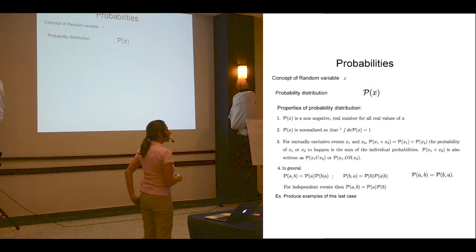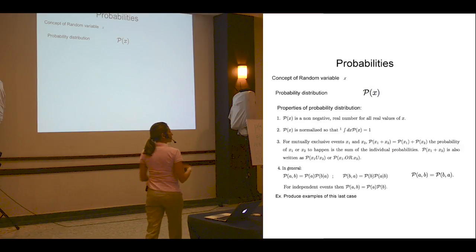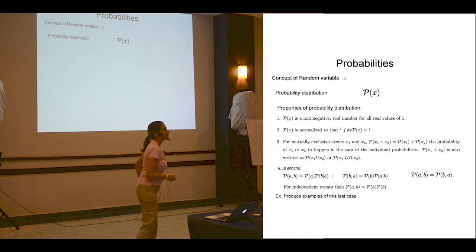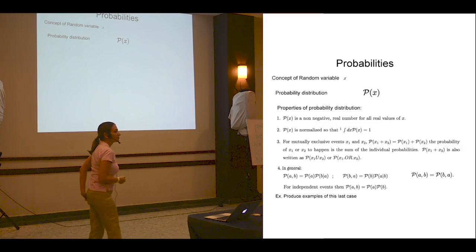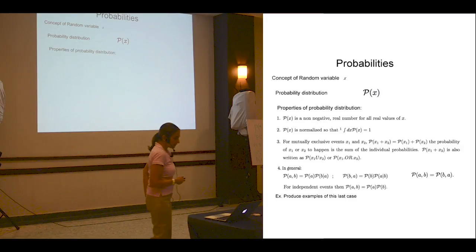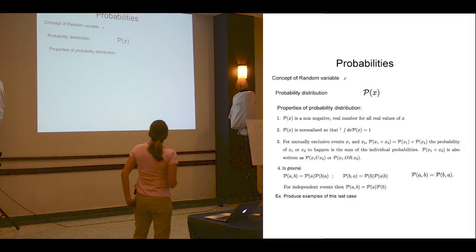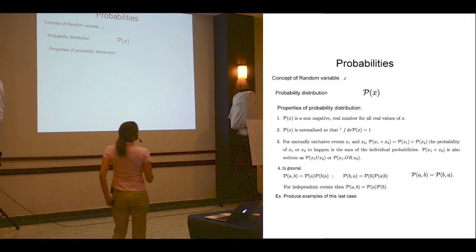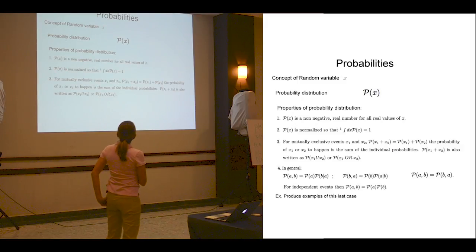For example, x could be that you do repeated measurements of something, with some error associated with it, and at the end you have P of x. This probability distribution has some properties. It's non-negative, it's a real number for all real values of the argument,